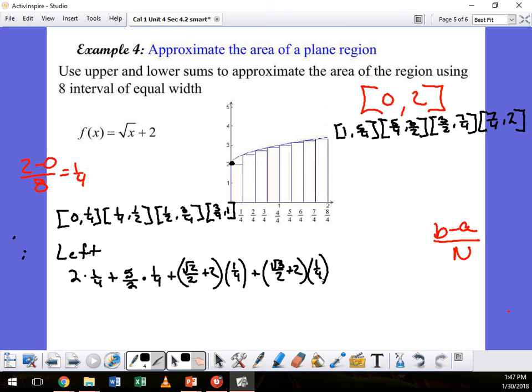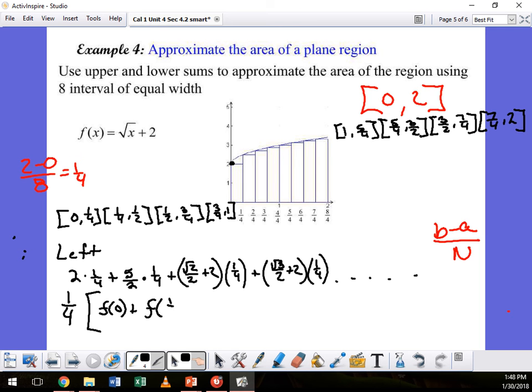Now, do you notice a pattern here? What is the pattern? It's all going to be multiplied by 1/4, isn't it? This is the pattern we have to try and get out of this. Each one of these values is going to be multiplied by 1/4. So can I factor that out to simplify this, and then just add all those? Yes. It's going to look like this: 1/4 times f of 0 plus f of 1/4